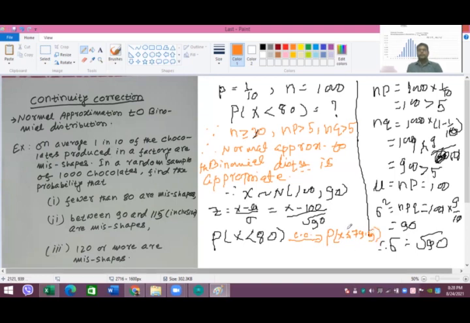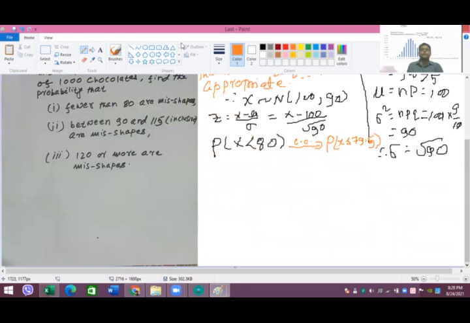Okay, by the property of this sort of distribution, you can see that 79.5 is at the continuous point. So after taking the continuity correction, we could see that this value is at a continuous point, and also this is less than 80, which means it does not include the value 80 itself. Now go to the further calculation.